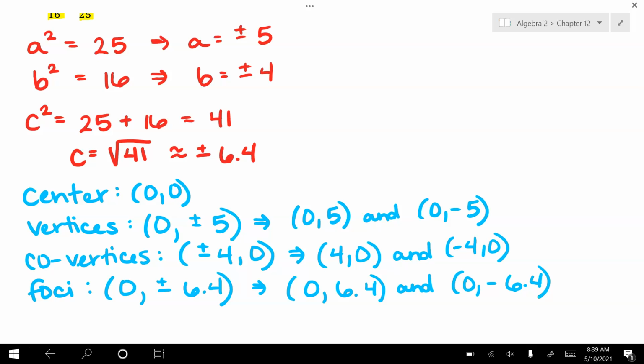Okay, so I could start by graphing these things, and I will in just a minute, but there is one extra thing that we need to add on, which is finding the slope for those asymptotes, for those dotted lines that we're going to have to draw in, which kind of gives us boundaries for our branches that we know they can't cross those points. So to do that, to find your slope, this is at the bottom of your chart, and it's the same for either side that you're working with. You do the square root of the number underneath the y over the square root of the number under the x. So